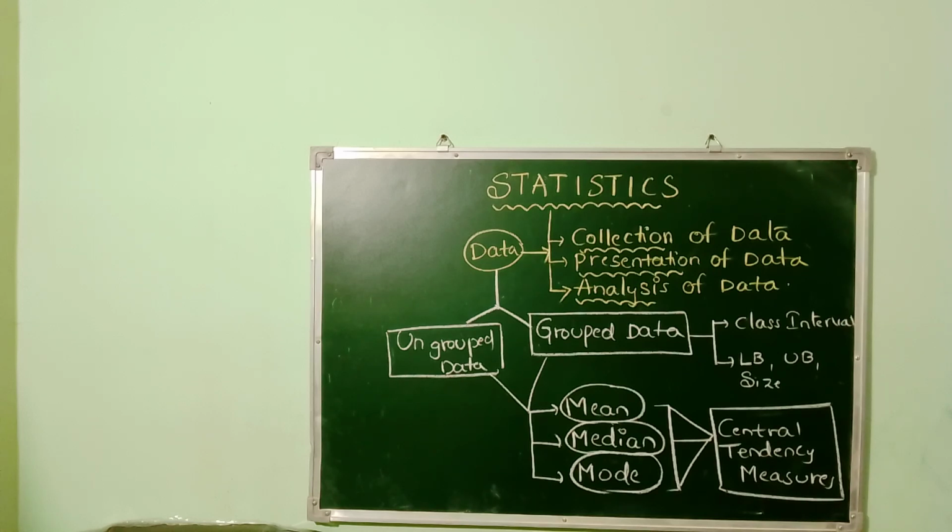Mean, median, mode. These three are also known as central tendency measuring values. We need to remember the point: mean, median, mode are also known as central tendency measuring values, except range. We should not consider range. Range is separate, and the topic of range will be discussed later. So first of all, we need to know that mean, median, mode are central tendency measures, but not range. Range will not be considered in central tendency measures.